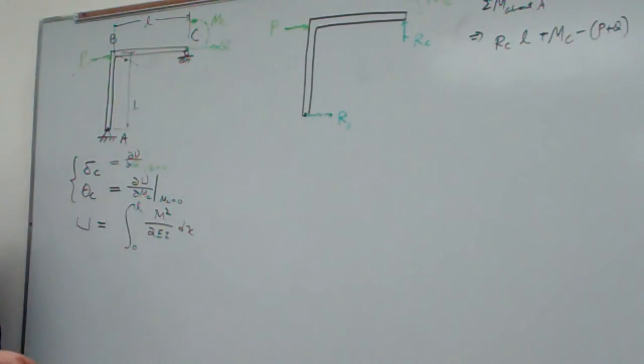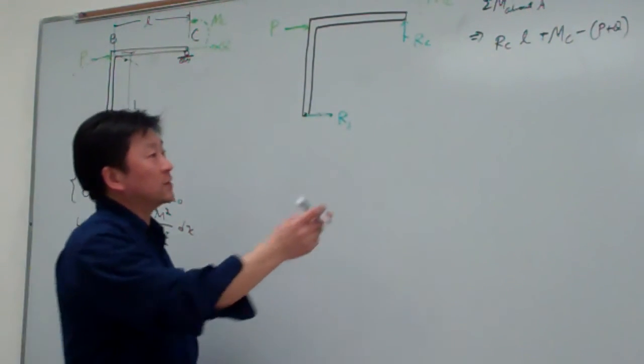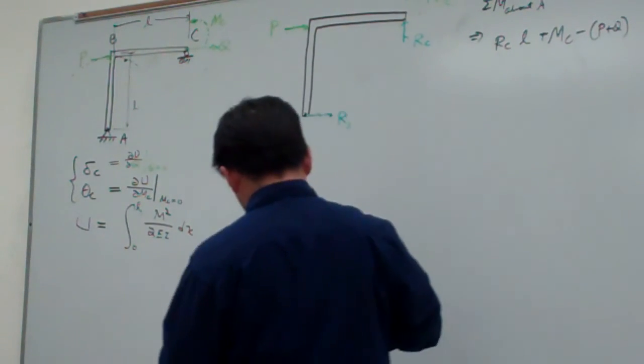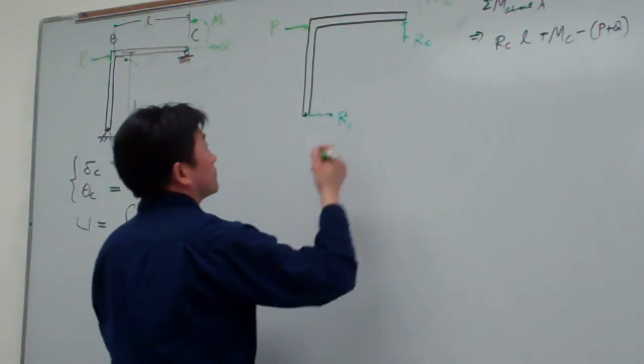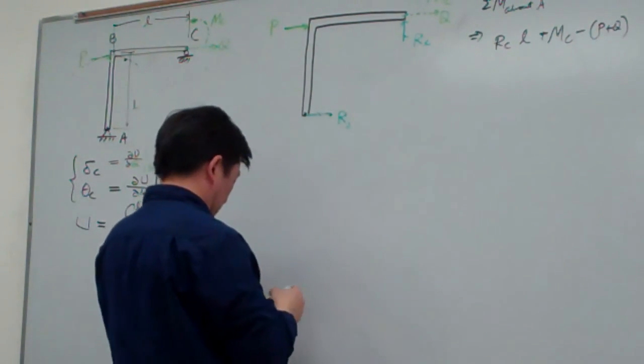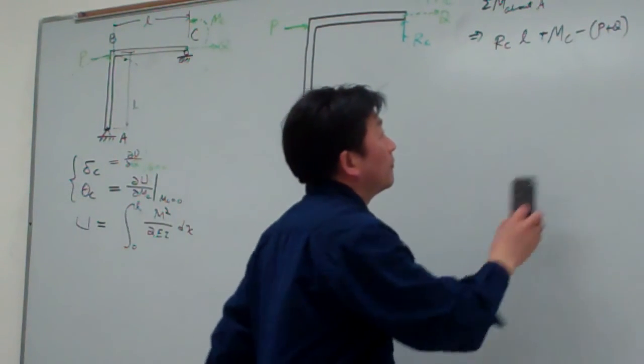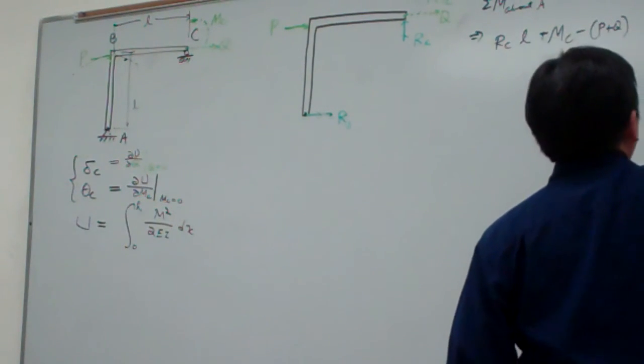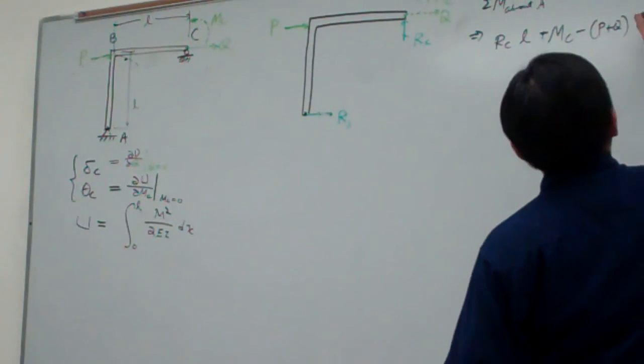We introduce two different loading types corresponding to the two different degrees of freedom of the displacement. So that's a Q here. So this is equal to